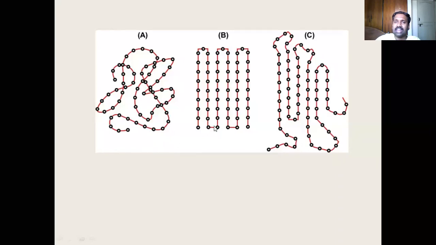Whereas in this picture, a linear chain is more orderly arranged. You can see it goes as a straight chain almost, then takes a turn, comes back as a straight chain, takes a turn, comes back as a straight chain. Whereas in the third picture, of course, there is ordering of the chain, but not too much order as this one, nor too much random as the first one. So you can call this semi-ordered. But what about this? This is randomly coiled. So these are the patterns recognizable even within a linear polymer.